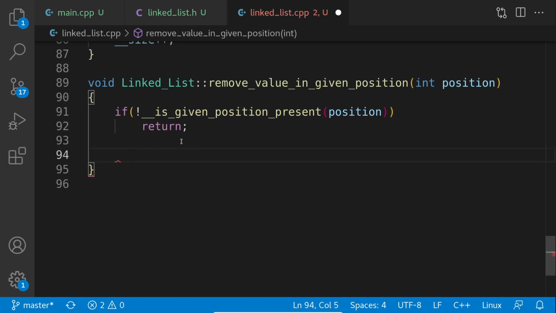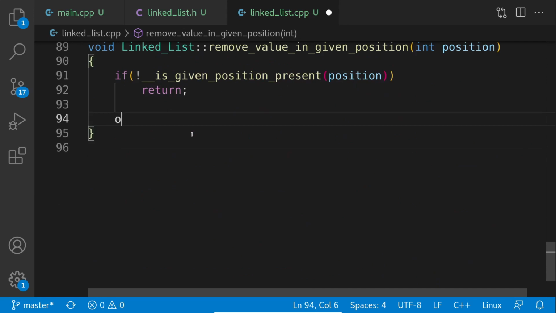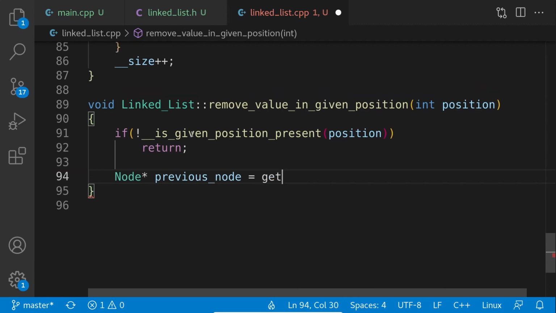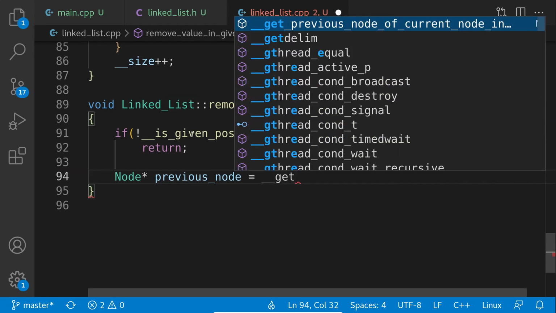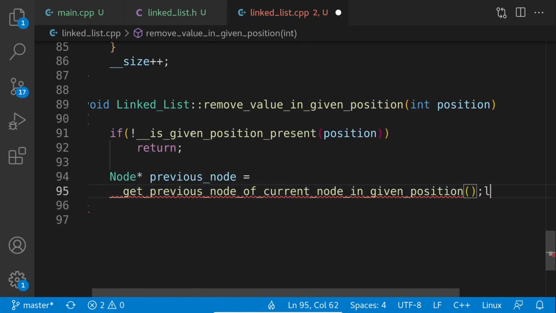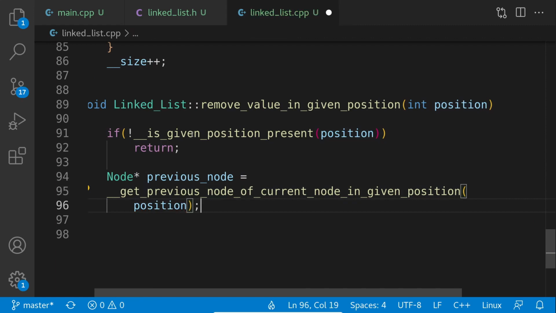Okay, how are we going to do that? So first of all, we need to go to the previous node, right? So that function that we have, we'll get the previous node of the node in the given position. So node previous equal to, it's a private function, get previous node of the current node in the given position. So position is position,